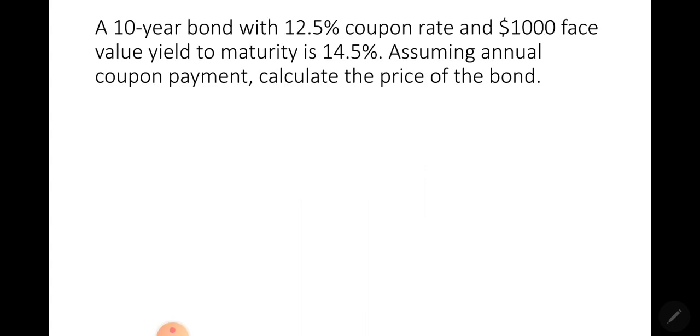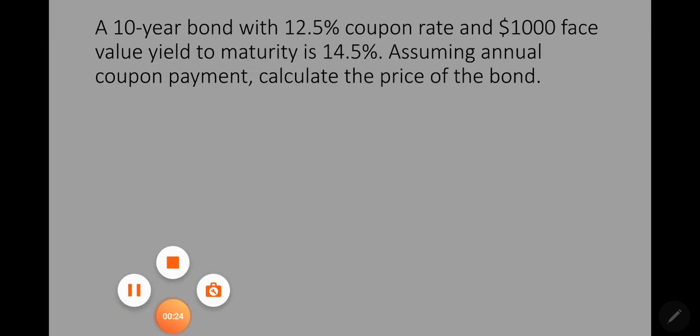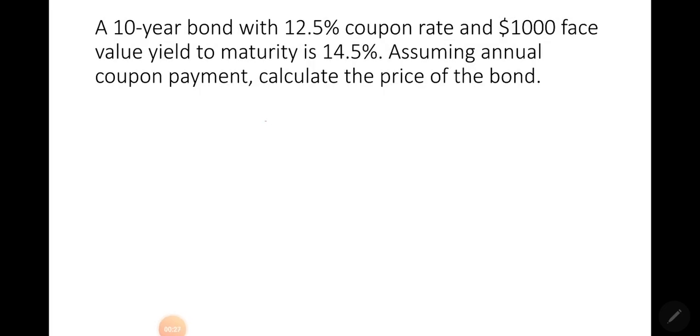Question number 1. A 10-year bond with 12.5% coupon rate and 1000 face value. YTM is 14.5%. Assuming an annual coupon payment, calculate the price of the bond. So in this we are supposed to calculate the bond price. The bond valuation formula is